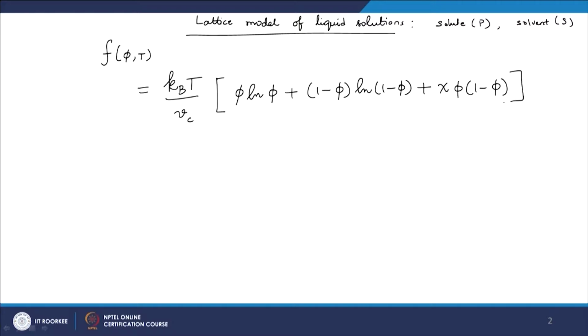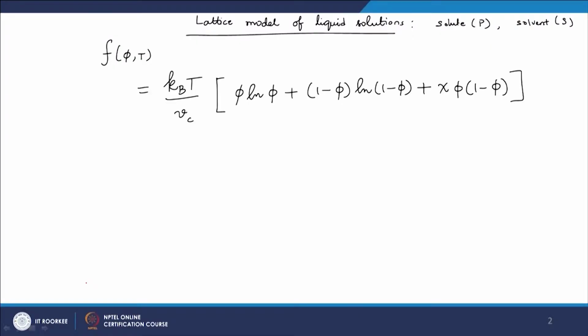We can identify some terms here and assign some meaning to them, and those meanings will then make some sense, and using those meanings we will develop the model for polymer solutions. When I am assigning this particular meaning to these terms, it is not very rigorous because it is anyway a mean field approximation, and we cannot really decouple terms the way I am proposing, but it really helps us understand what kind of contributions come into the free energy of a solute solvent system